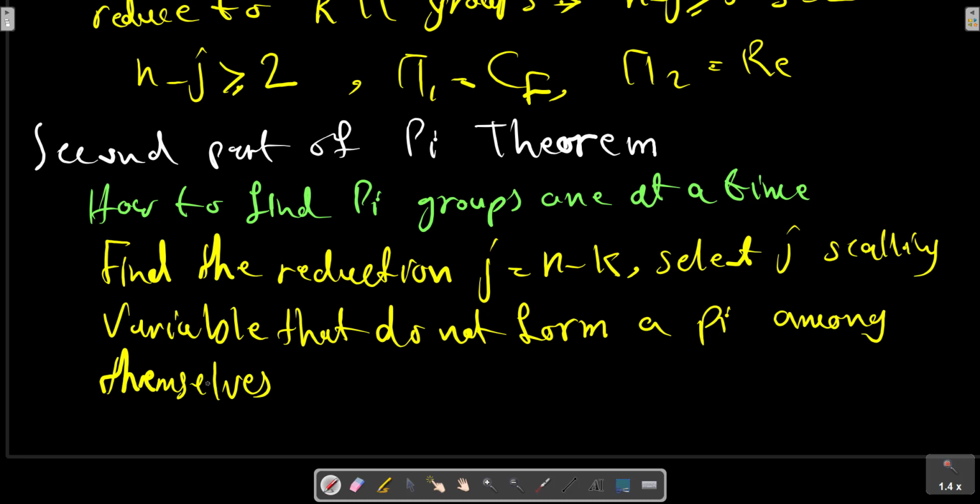Each desired pi group will be a power product of these j variables plus one additional variable,